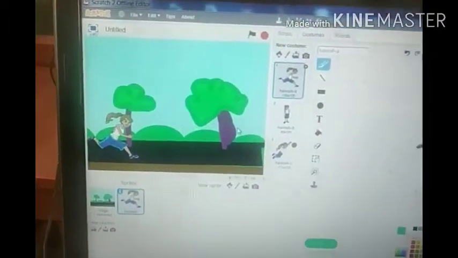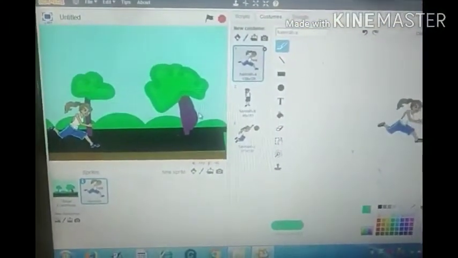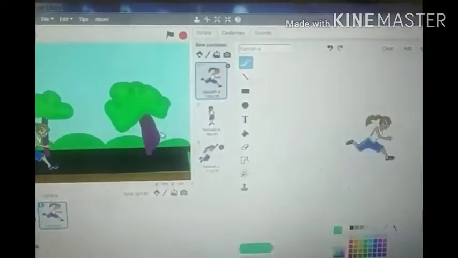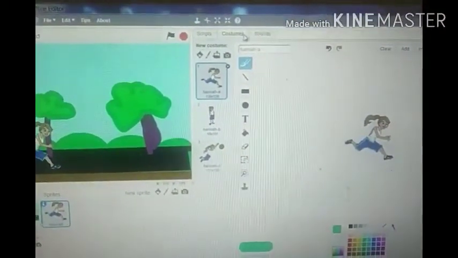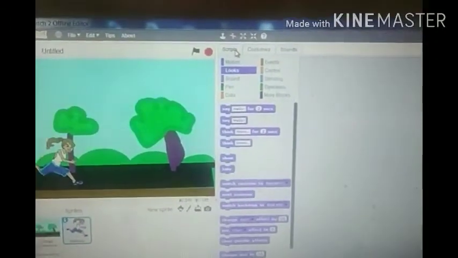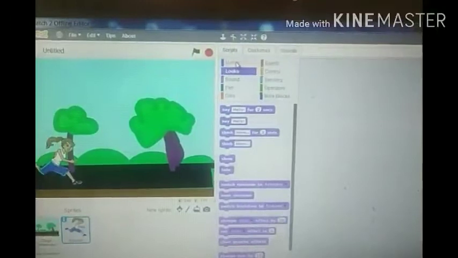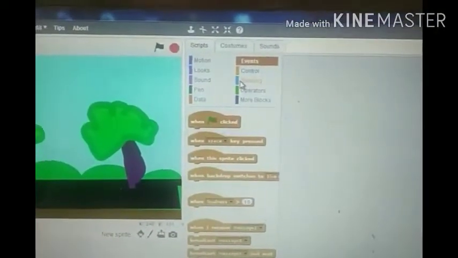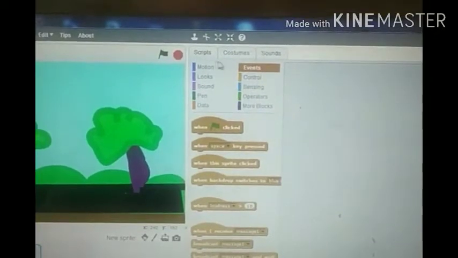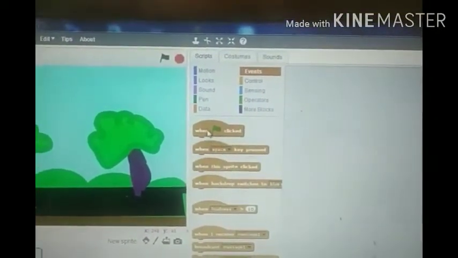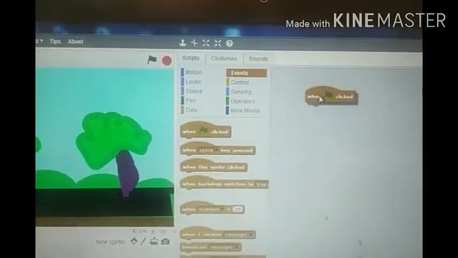Further we will go through the code, which we can write in the script window. So we will select the script. After clicking the script, first of all we take the event block. Select when green flag clicked.